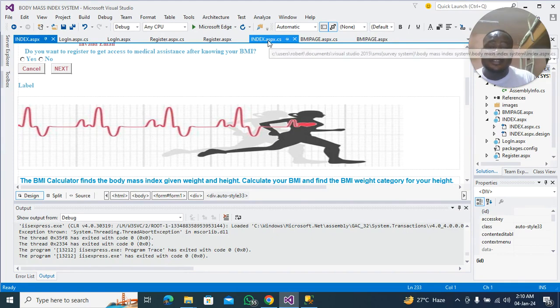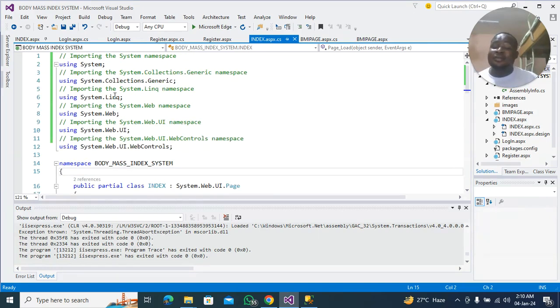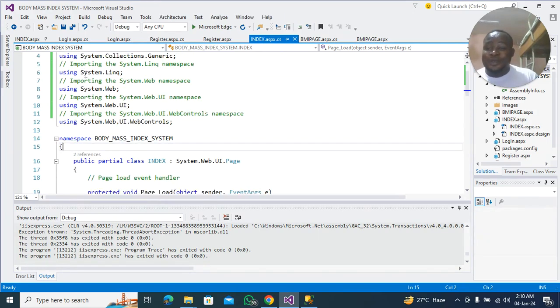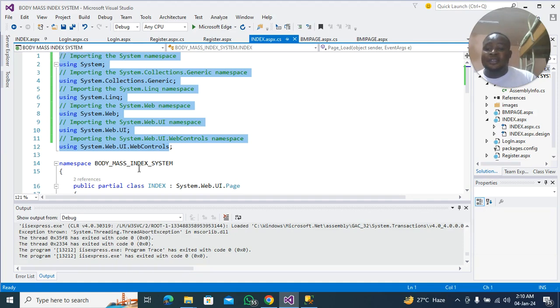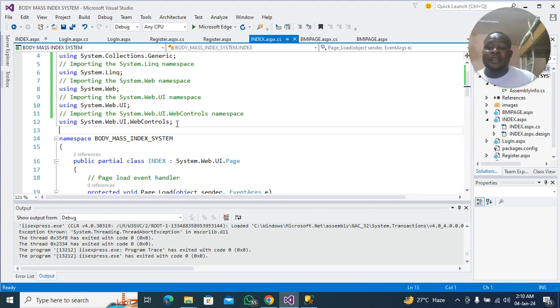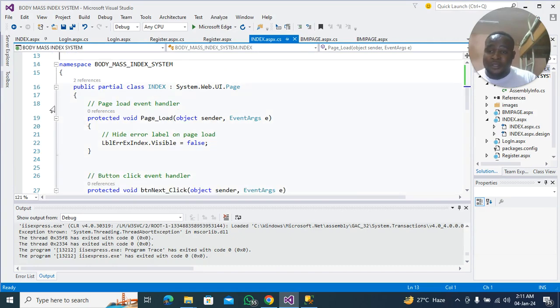we move to the index dot C# source code. At this point, we do some importation of certain libraries as indicated here. These are very unique libraries that are needed for the system to run. Good. So we have all these logins available,